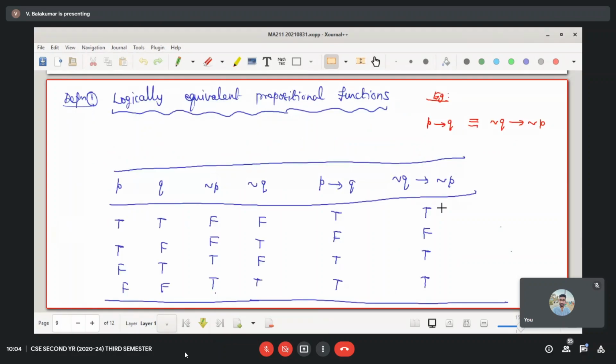Then we defined logically equivalent expressions or logically equivalent propositional functions, if the truth values are exactly the same. Look at this 1, 2, 3, 4, fifth column and sixth column. The last two columns, the entries are exactly same. The truth value is completely same. Then we say that this proposition and the other proposition are equivalent to each other. That we denote by this equivalent symbol, 3 horizontal small lines. Whatever is in red color is just an example. Definition is that